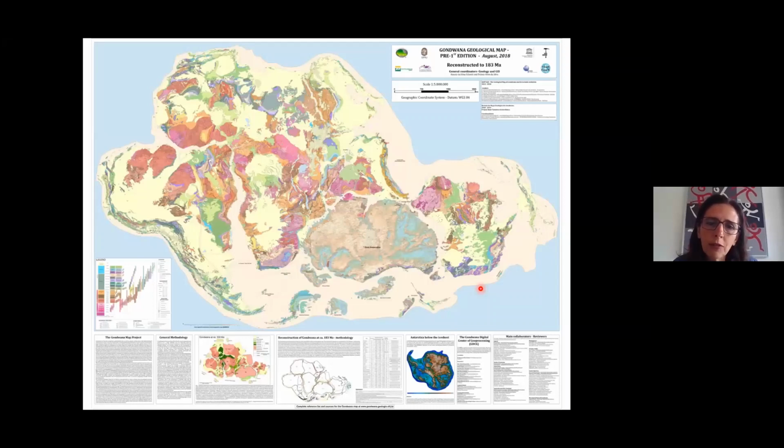We still have lots of doubts about Gondwana, even though we can reconstruct it from the modern oceans. Some of them concern especially this northwest part here, the Pangaea connection, the Pangaea period of Gondwana, and also the Pannotia supercontinent in the Cambrian. Does it exist? We have lots of questions regarding Gondwana, and that's what I wanted to show